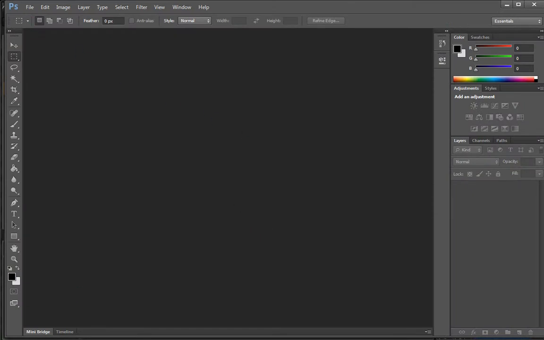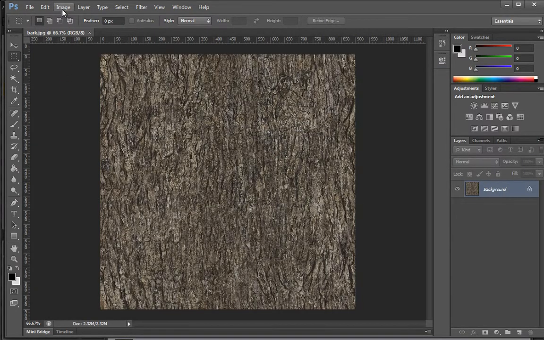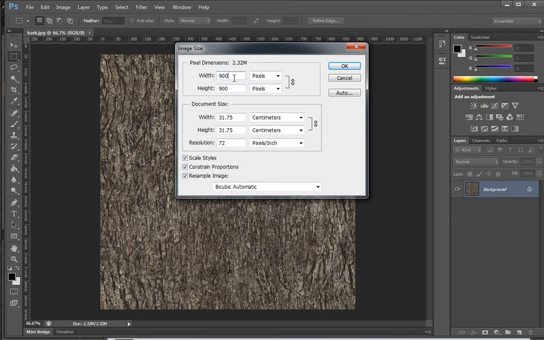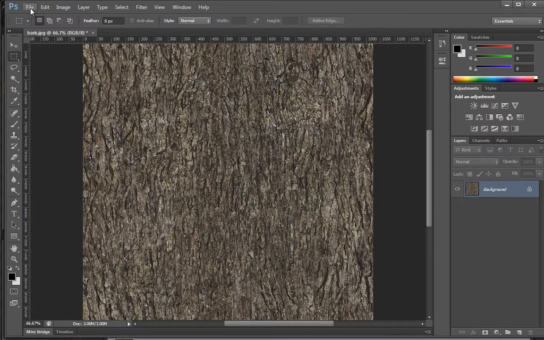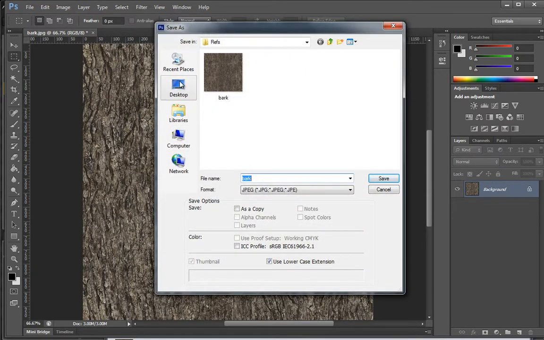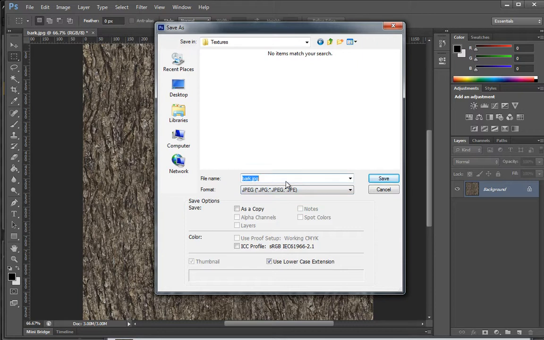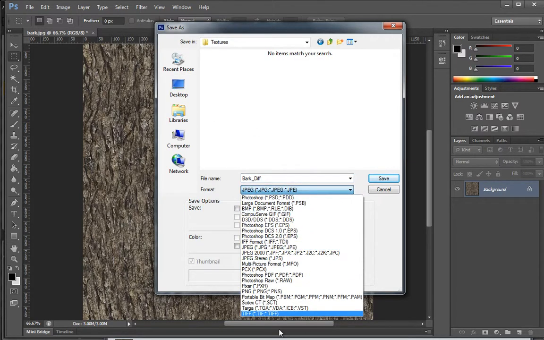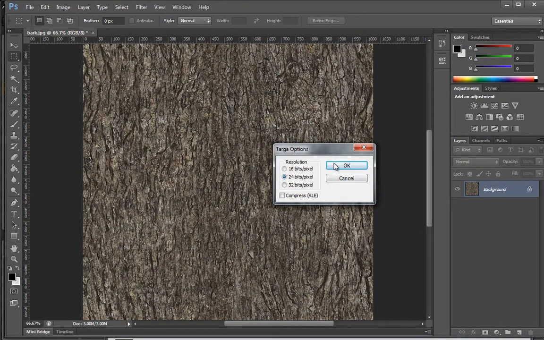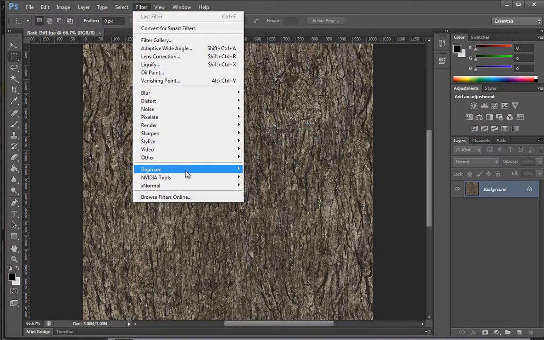Okay, so inside Photoshop, let's open the back, and let's go to image size, and we'll scale this up. Shouldn't have too much of a harm on this. And we go file, save as, and let's save this in the textures folder and save this as back_diff for diffuse. Choose targa and choose OK,